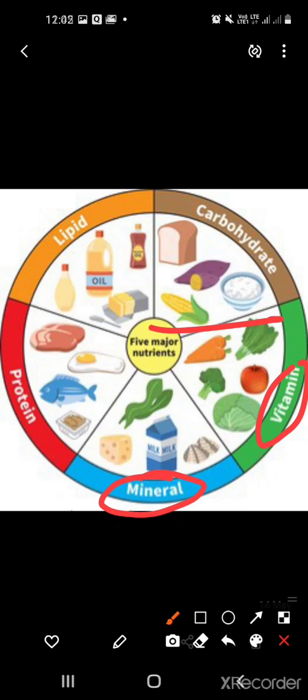Fine. So we know that there are kinds of vitamins like vitamin A, vitamin B, vitamin C, vitamin D, vitamin E, and vitamin K. Fine. And let's talk about the minerals. There are many different kinds of minerals such as calcium and iron, which are needed by our body. You need calcium for strong bones and teeth also. So you should drink a glass of milk every day, because it is rich in calcium. Okay, now move on to the next, that is protein.